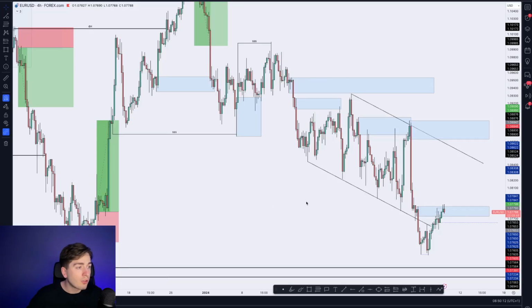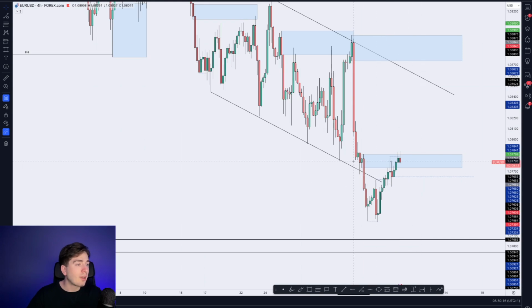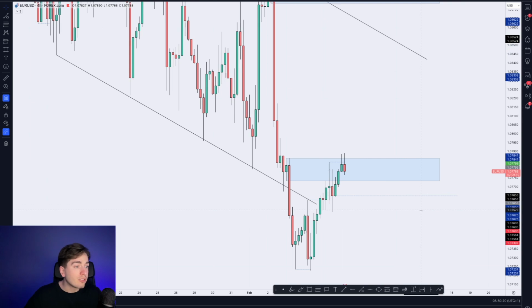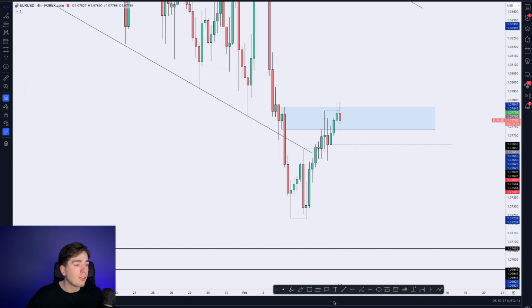A very good morning. Euro dollar moved slightly higher in towards yesterday's market. As we can see, euro dollar has now taken out this area of supply and wicked above it. We've seen a bullish continuation of the overall fractal structure. So we broke above this high over here, and now we're looking for a slight pullback and then further upside